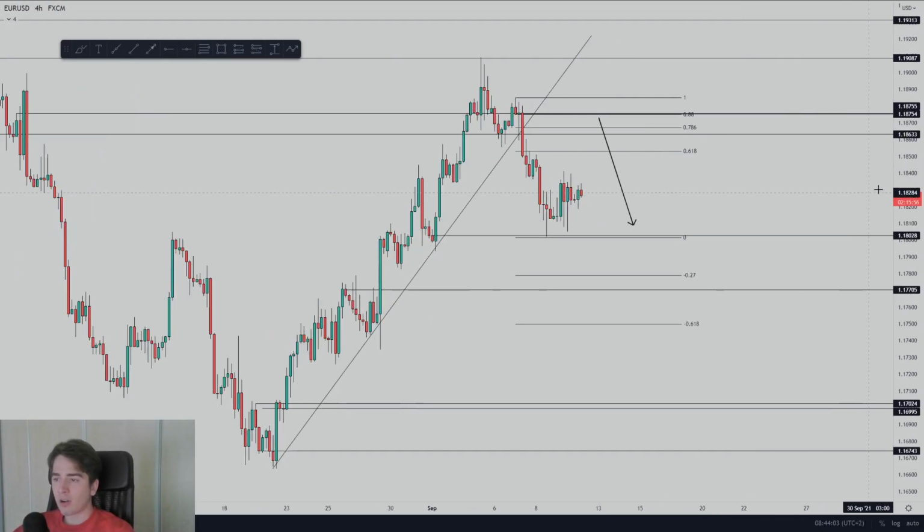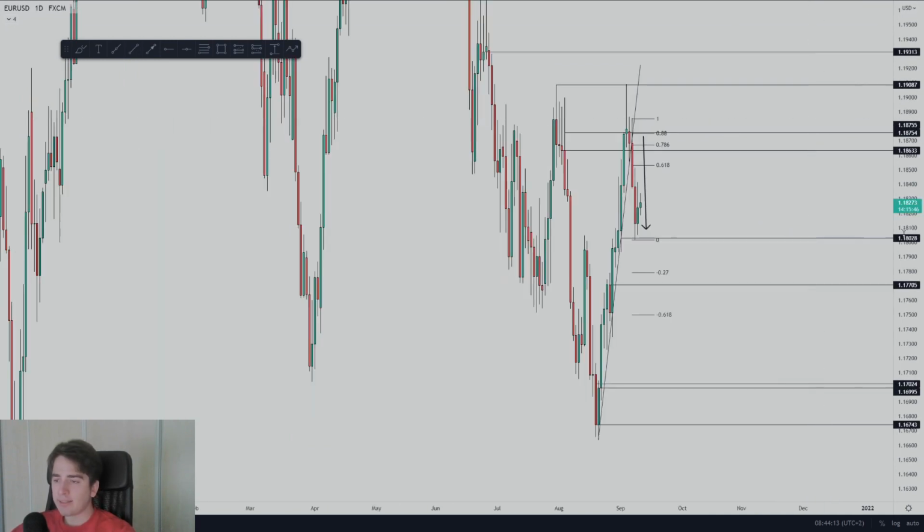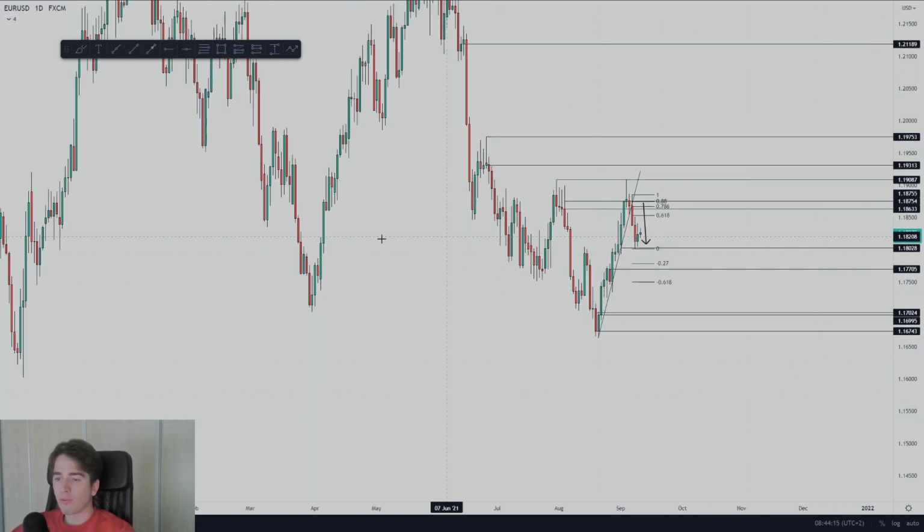And looking at euro dollar, guys, you can see my arrow drawn on my screen over here. So I am still looking for a pullback higher towards the 0.88 fib retracement level. And looking at the daily does look good for a push down further in towards the lows, in my opinion, because if you were just to measure this impulse up, and let me just draw on the other trend line, you could say, okay, we have a trend line break in towards the highs, we broke above this lower high, created a higher high, and now we want to form this higher low.